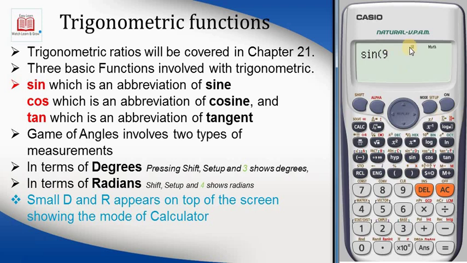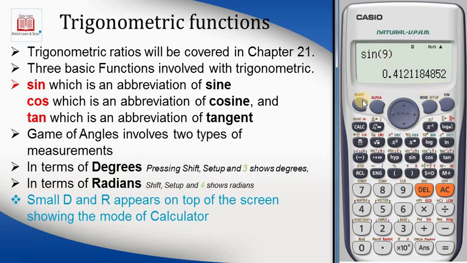Very simple. Just see on the top of the calculator screen, a very small r is shown in a subscript. It shows that the calculator is in radians mode, and if I simply type sine 9, close the bracket and get the answer, it will take this 9 as radians. So if I want to tell the calculator that 9 is not in radians but in degrees,